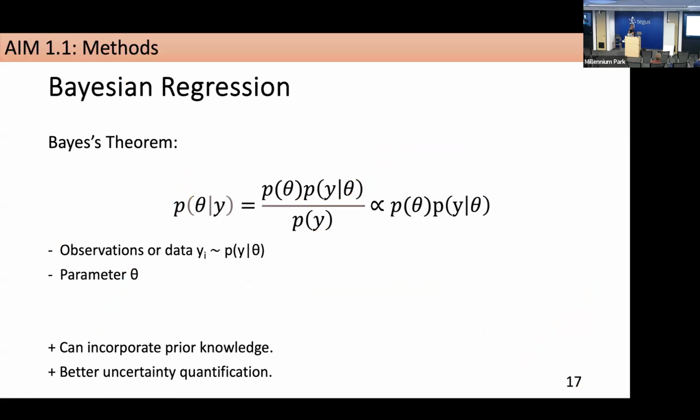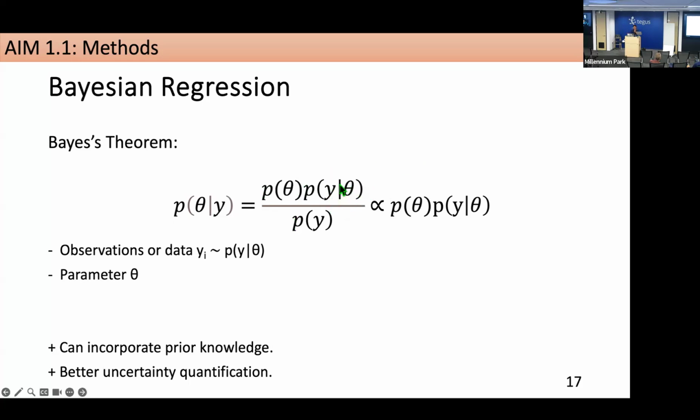So, okay, I already defended Bayesian regression without saying what it is, but the general idea is you have Bayes' theorem, which says that the probability of parameters given data is proportional to the likelihood times the prior. That's the posterior. The prior is the probability of parameters before you do any experiments. So you know some values of the parameter are impossible, or there's another experiment by someone else. You can just roughly say that this is the area of this parameter.